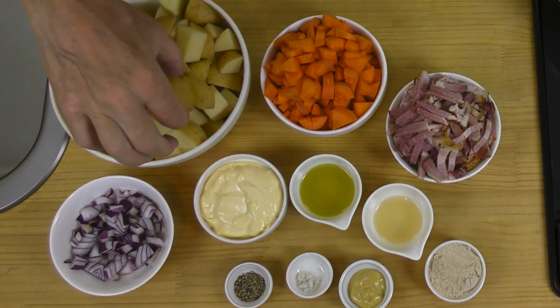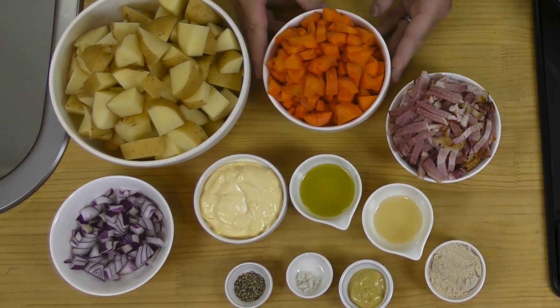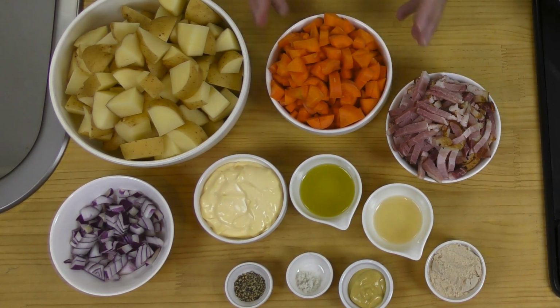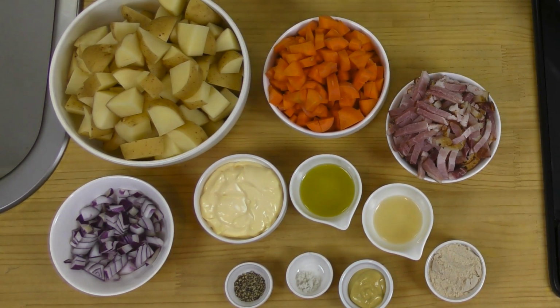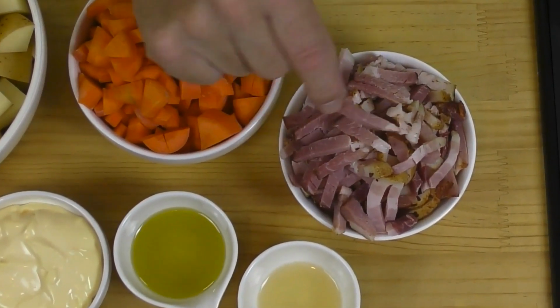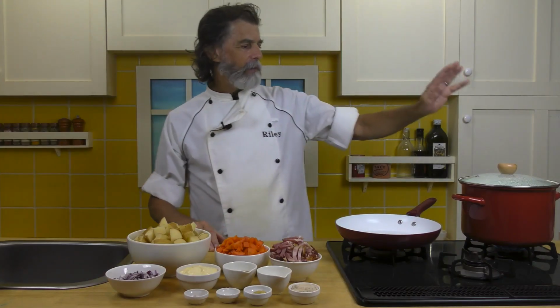And I've just scrubbed them. You can peel them if you want. I've just scrubbed them. I like them that way. Here I've got 2 carrots chopped into smaller pieces, 1/2 inch or less, 10, 12 millimeters. And that's 2 carrots. It comes out to about 2 cups chopped. And here I've got 8 ounces or 230 grams of bacon block, which I've cut up into matchstick sizes like this. So what we're going to do, first of all, I've got the water coming to a boil over here